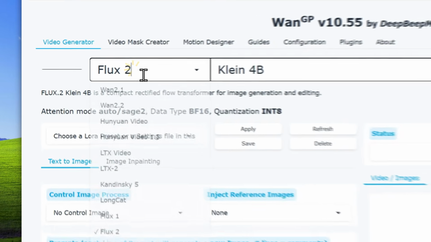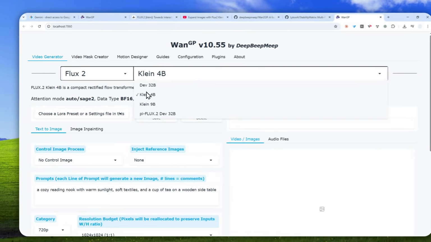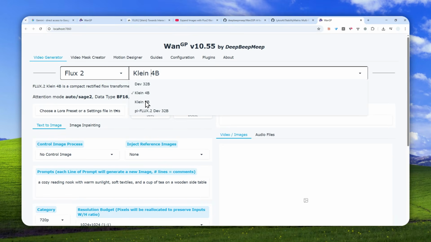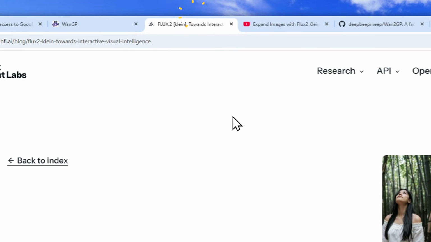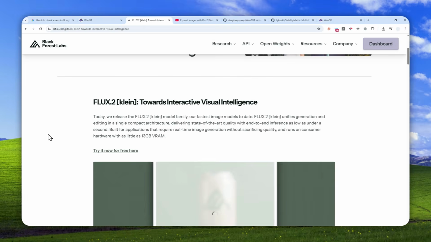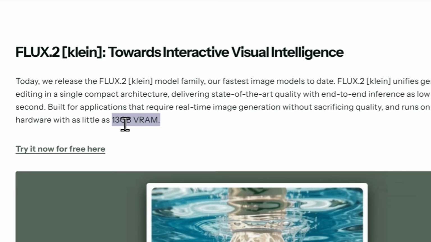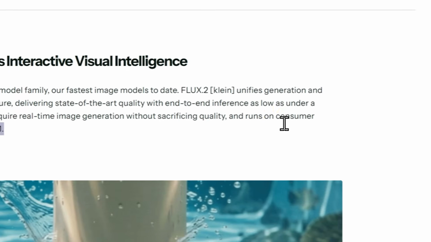Now here you can click this and you can select the Flux.2 model, and you can select either using Klein 4B or Klein 9B. Of course, 9B is stronger, more powerful, but at the same time, it demands more power and more video memory. But the question is, what is the spec that you need to be able to run one of these models? Well, according to the official announcement from Black Forest Lab, which is the maker of Flux.2 Klein, this model, the 4 billion model, can run on 13 gigabytes of video memory, which is well, a consumer